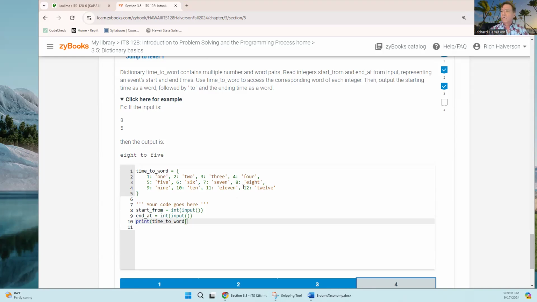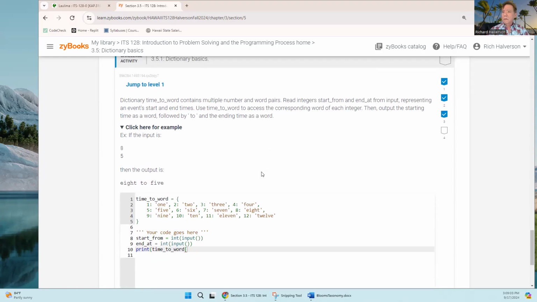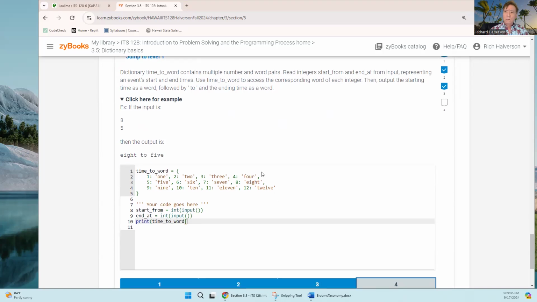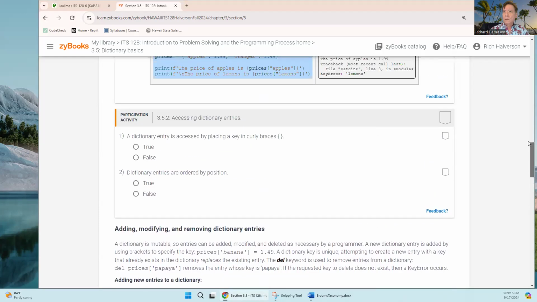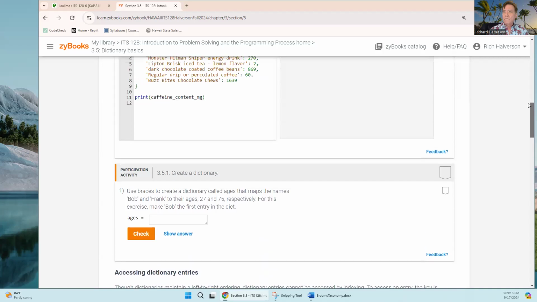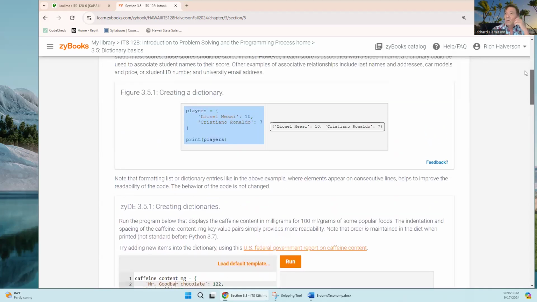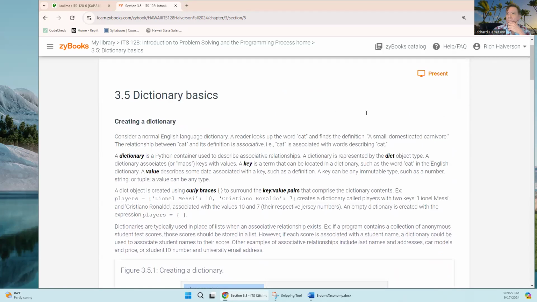I'm supposed to print out the key value. Let's see. Find the key whose value is. I need to find the key whose value is